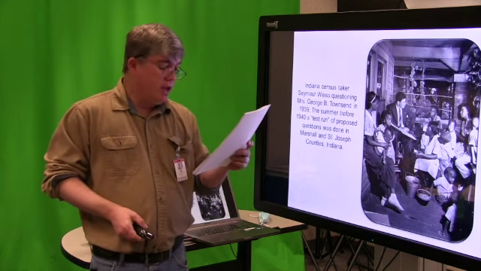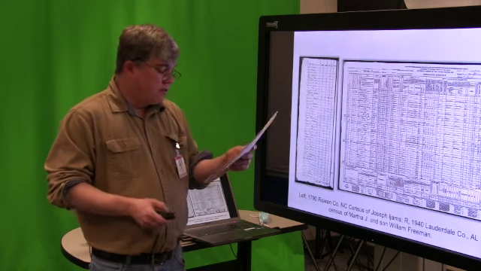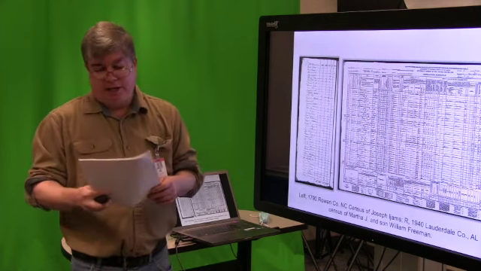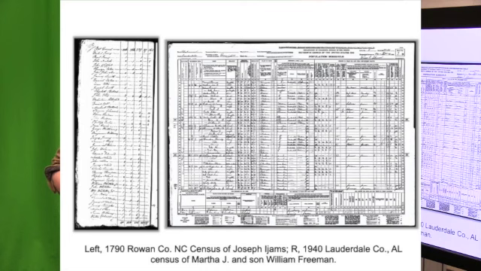U.S. federal censuses are available from 1790 to 1940, and they call them censuses from the Latin for 10. Cen means 10. The 1950 should come out on April 1st, 2022, because the government won't release census records for 72 years for privacy reasons. Now, it could be worse. In the UK, they won't release census records for 100 years. So they just got their 1911 just a few years ago.